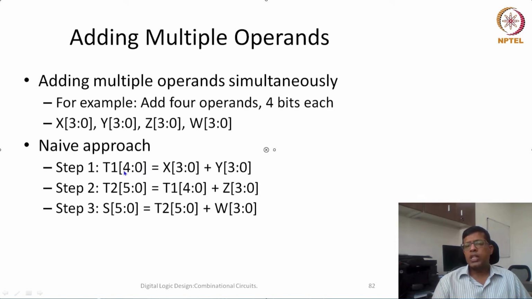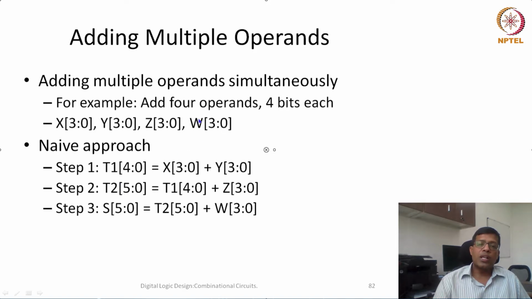What would be the size of that signal? We have to consider that Cout is also part of the result. So instead of calling it Cout, we say it's a 5-bit number. The 5th bit is actually Cout, whatever carry is generated. Similarly, to that result we should now add Z. The first operand is then 5-bit, and the other operand is 4-bit. If we add both of them, in the worst case it could be a 6-bit output, bits 0 to 5, and that would be T2.